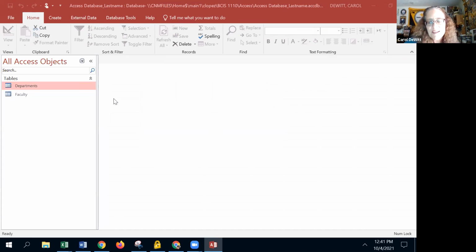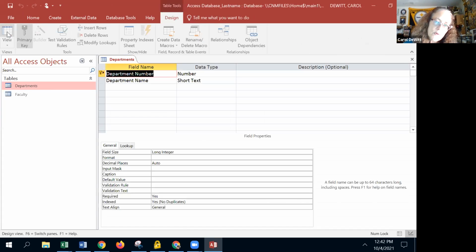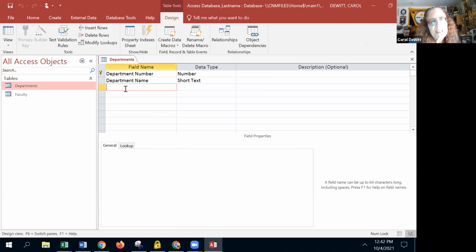Okay, we're going to add another row, another field to the departments table now. So you can double click and open your departments table. And you have to go design view. So we're going to click on the view button. Go beneath department name and type,